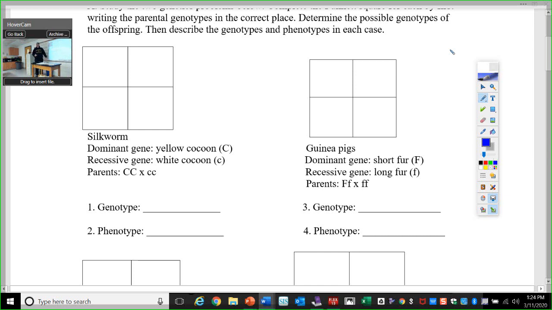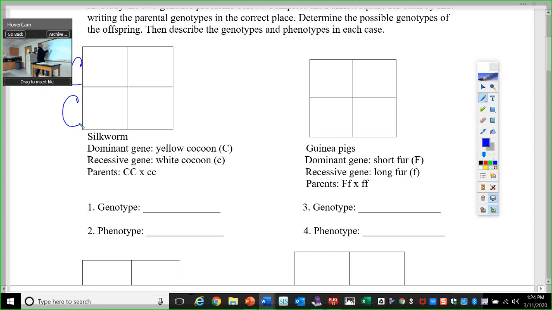Cocoons. What is the alleles? Yellow and white. You must be specific. Okay? So, here are our parents. Does it matter what side I put the parents on? No. As long as I don't split them, I can keep them on one side. So let's take first parent, big C,